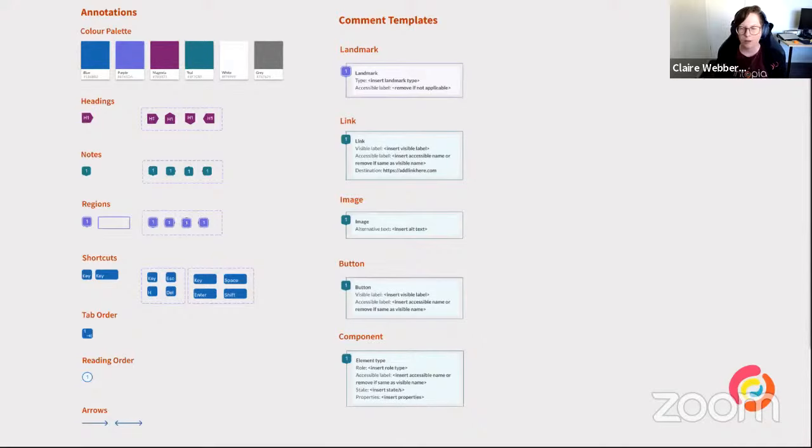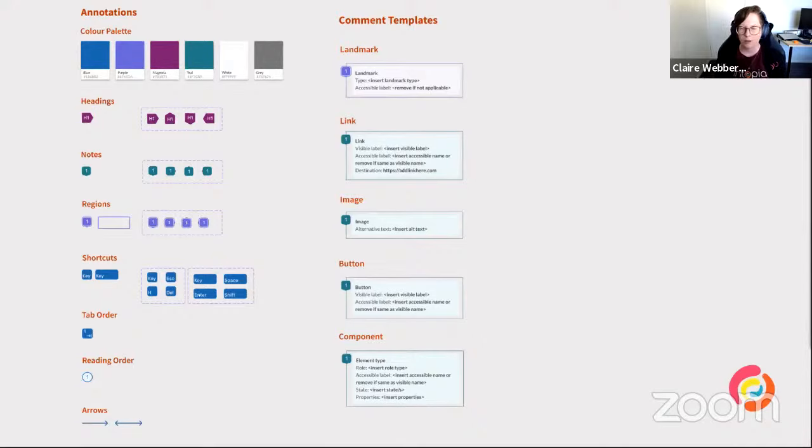So the benefit of using the annotation kit in Figma is that we can put everything into assets so that it's really easy and quick to drag and drop annotations onto our design. You don't have to play around with creating little sticky notes or using plugins. You can just drag and drop whenever you need something onto your design. It really saves time and can make it really efficient. It'll just be a case of adjusting the numbering systems, adding our comments, and we can do all that later when our design's more solid.